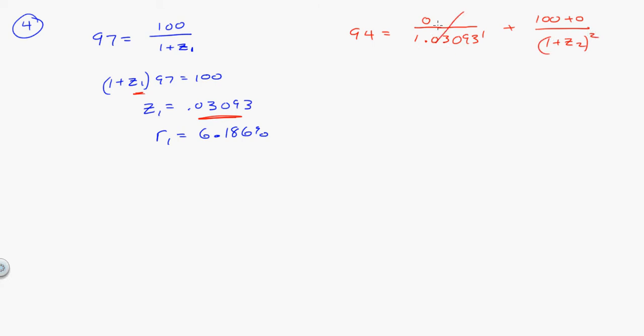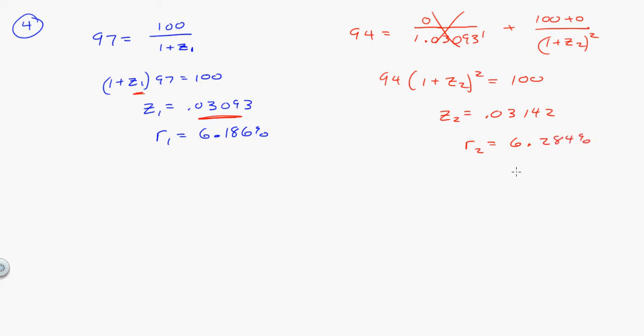Now, of course, I don't have to deal with that because 0 divided by anything is 0. So 94 times 1 plus Z2 squared is equal to 100. So I can solve for Z2, and Z2 is equal to 0.03142, and so the 1 year spot rate is going to be twice that, which is